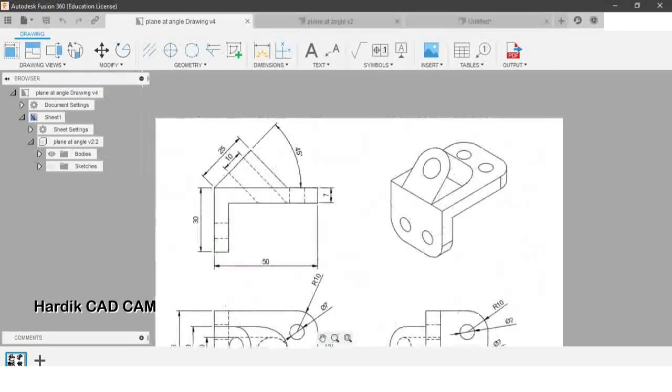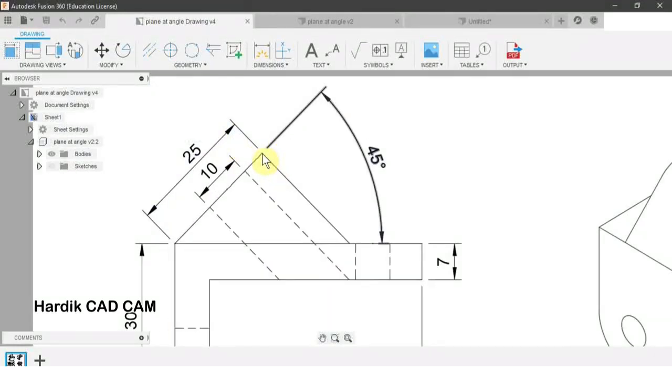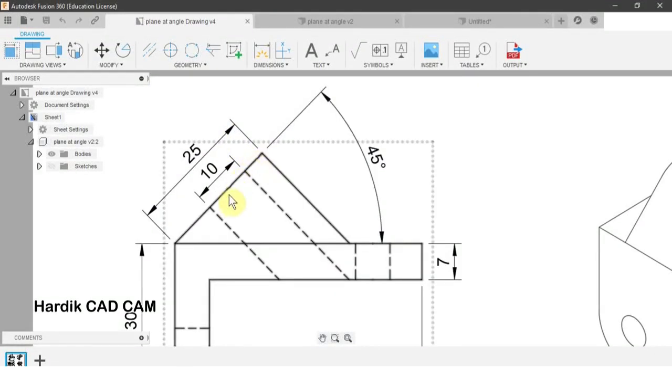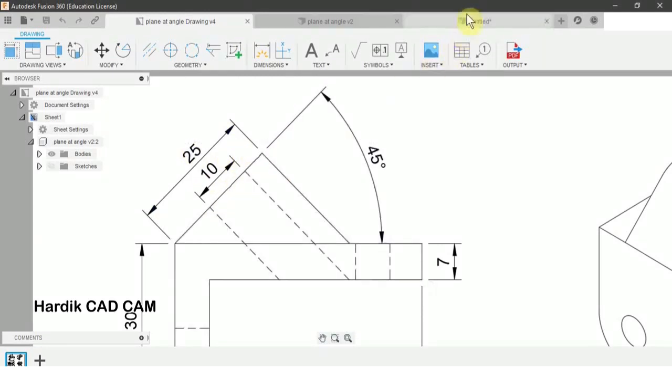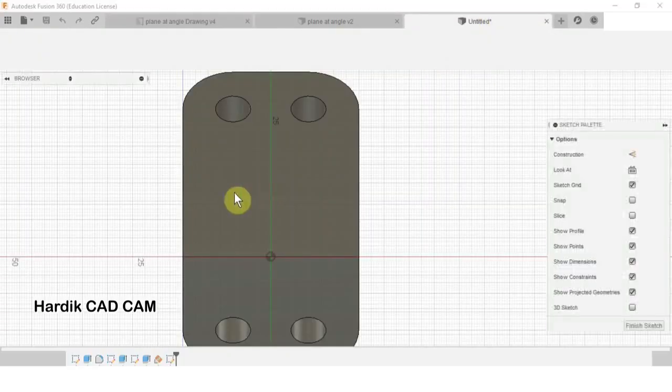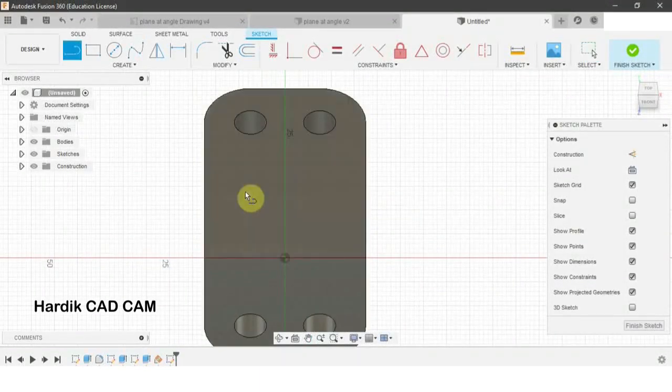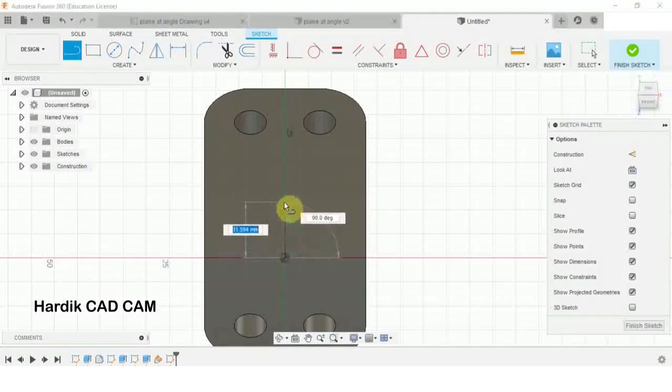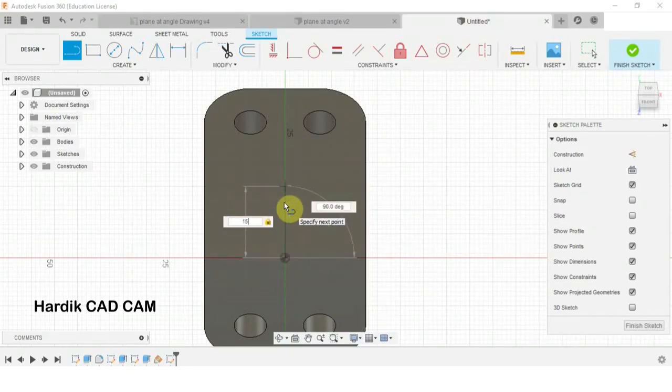So the distance from this upper point to the center will be 10 mm. So the distance from this point to the center of the circle will be 25 minus 10, that is 15 mm. So what will we do? We will create a line from origin to upper side 15 mm.